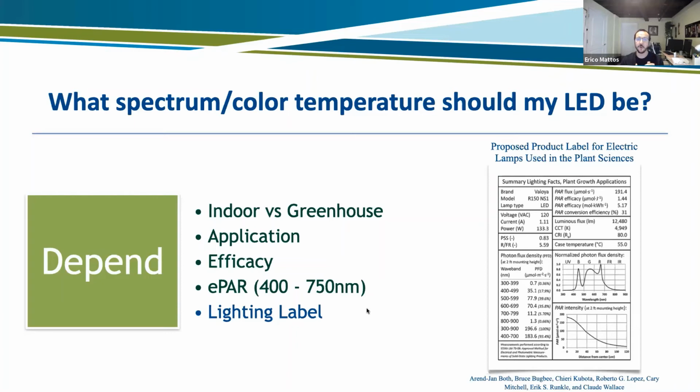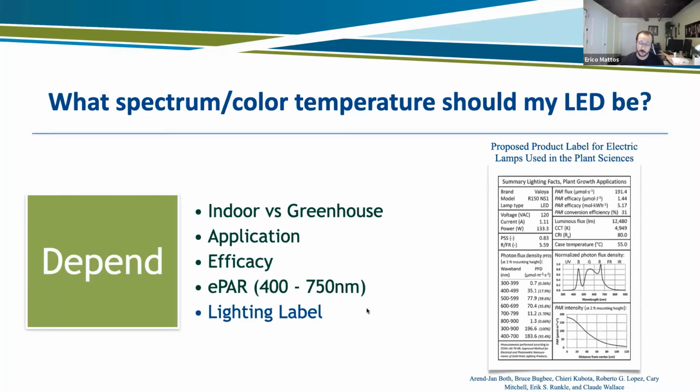So, just quick bullet points here. Consider if it's indoor or greenhouse. The main point here is if you're indoor, if your lighting is 100% electric, so LEDs or HPS, the spectrum is going to have a much higher impact than if you're in a greenhouse. In a greenhouse, we have the sun as a buffer. It's much more light you get from the sun than from a supplemental lighting system, so the impacts are lesser. Here it is more about quantity than quality you can consider. When indoor, quality is really important. And when I say quality, it's spectrum, and quantity is amount of light.